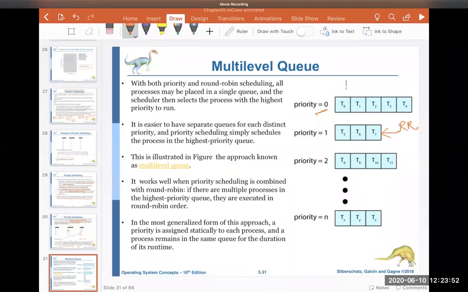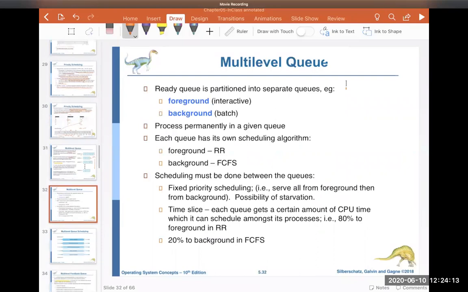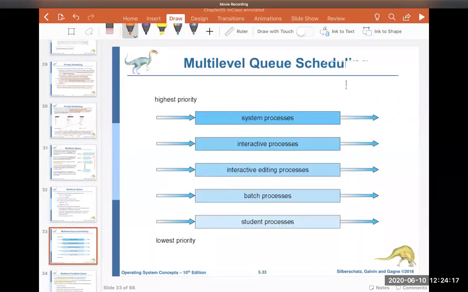So with both priority and round robin scheduling, all processes must be placed in a single queue. So it's better to actually separate them, and this is basically the approach, and this is how we actually use it. Now, in actual or modern operating systems, there are classes of jobs, and those classes of jobs are allocated to these multi-level